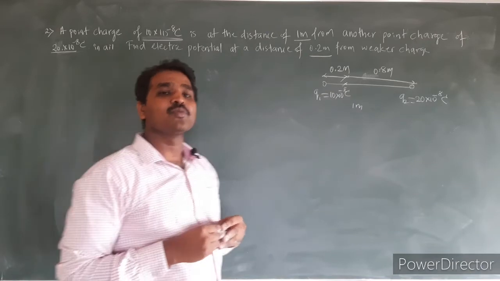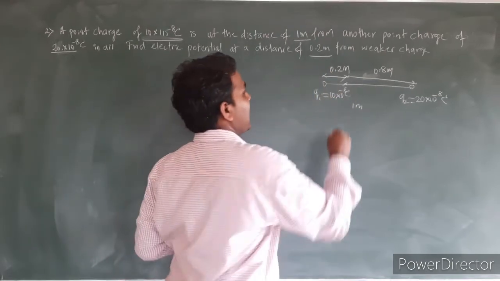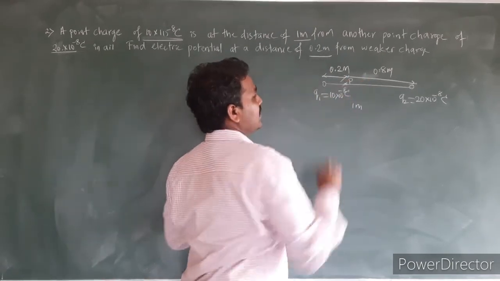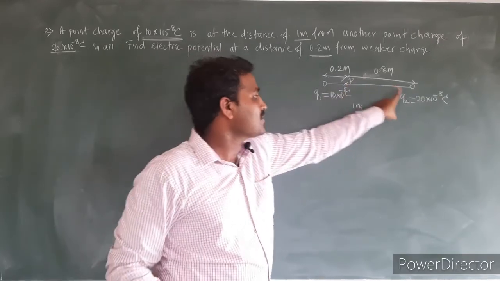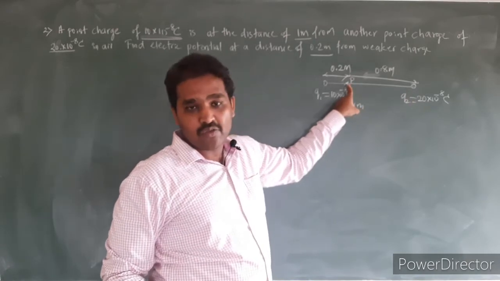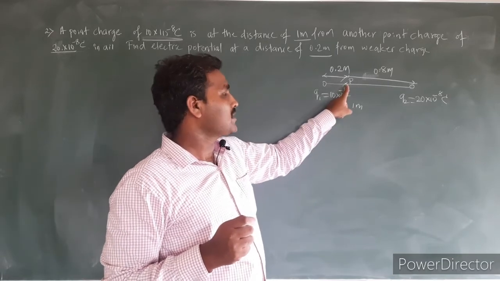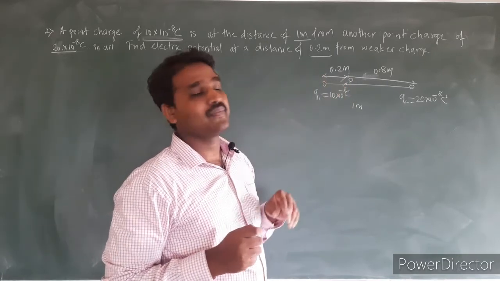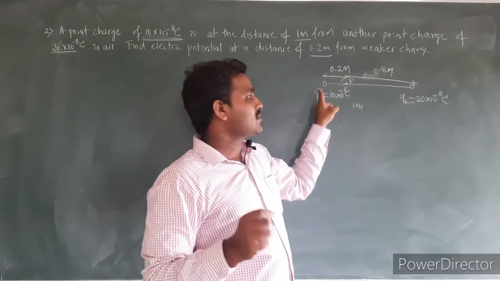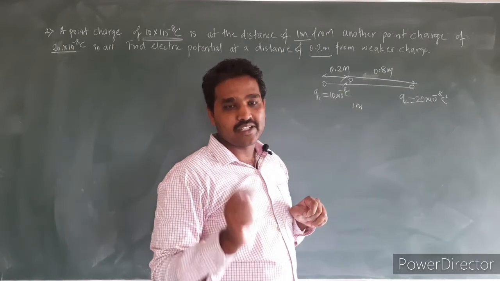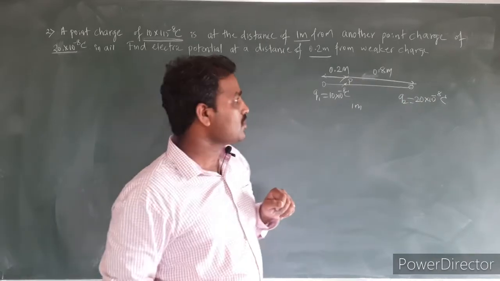By the principle of superposition, the net electric potential is equal to what? The sum of individual potentials at that point. So let us consider point P here. Because of the first charge Q1 I will have some potential V1. Because of the second charge Q2 I will have potential V2 at this point. And the total net effective potential is equal to the sum of these two potentials. We know if the source charge is positive, the potential is positive. If the source charge is negative, the potential is negative. In this case both the charges are positive, hence both the potentials are also positive here.